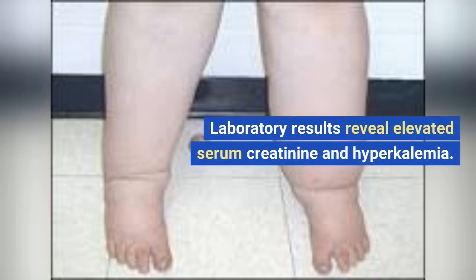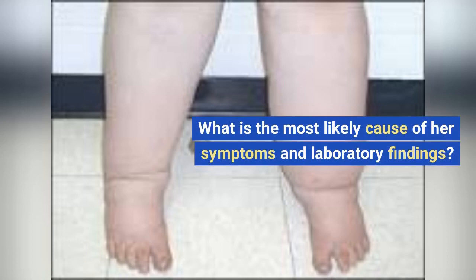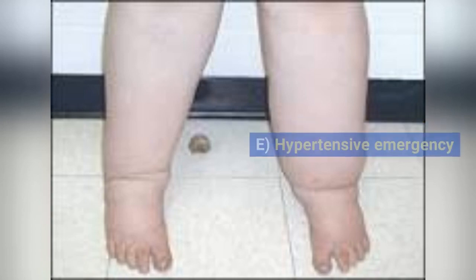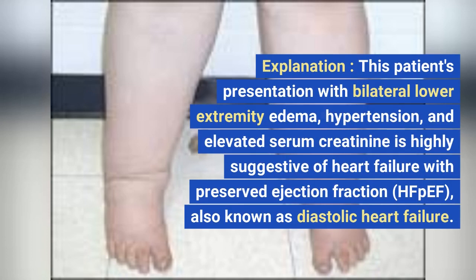Laboratory results reveal elevated serum creatinine and hyperkalemia. What is the most likely cause of her symptoms and laboratory findings? A. Diabetic nephropathy. B. Heart failure. C. Nephrotic syndrome. D. Acute kidney injury. E. Hypertensive emergency. Explanation. This patient's presentation with bilateral lower extremity edema, hypertension, and elevated serum creatinine is highly suggestive